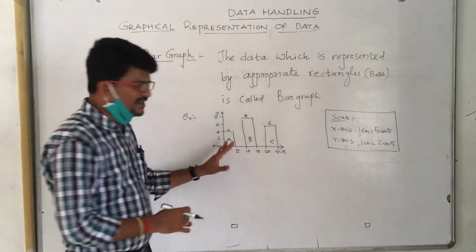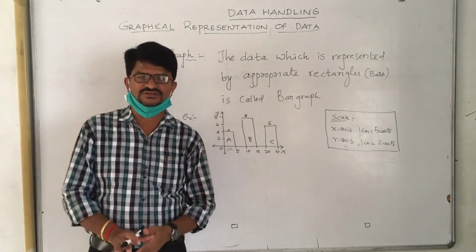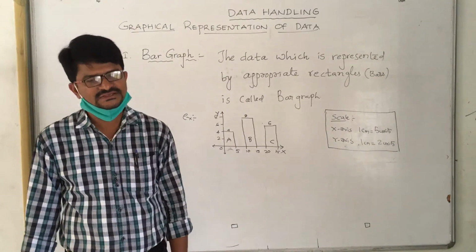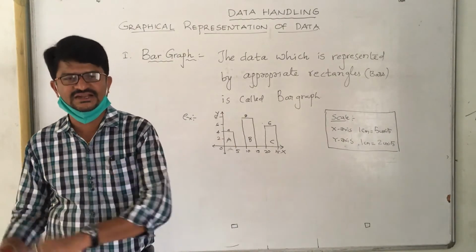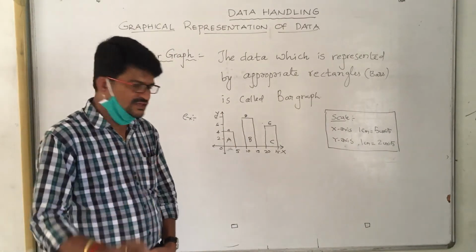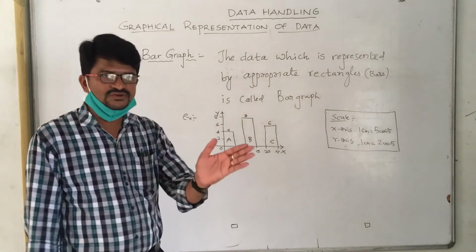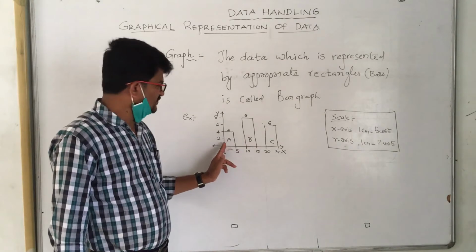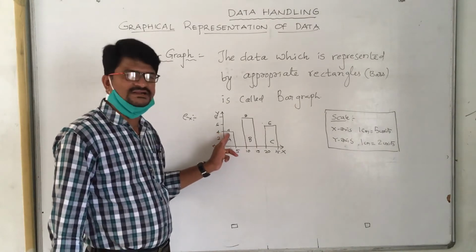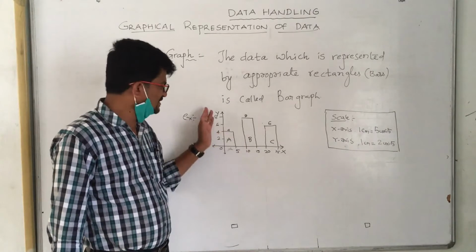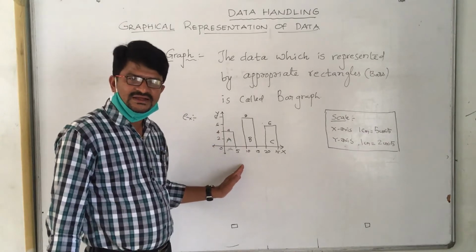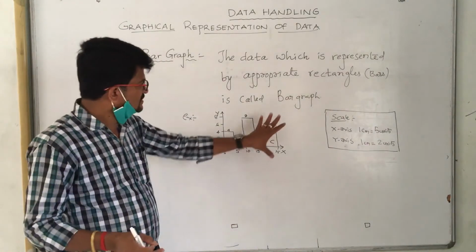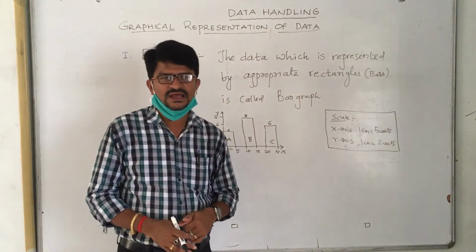Now clearly we can identify, for example, even an illiterate person can. For example, if your grandpa is sitting, let us think that he is an illiterate. Don't think in a negative way. If you show him this data, A, what is the value of A, definitely he can say that it's 4 by seeing this bar graph. Clear, children? So at a glance, for quick response, this bar graph will be helpful for us.